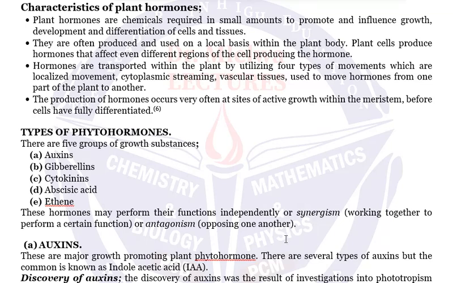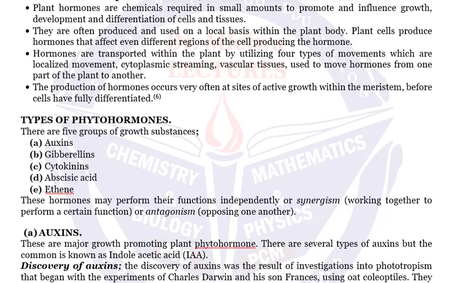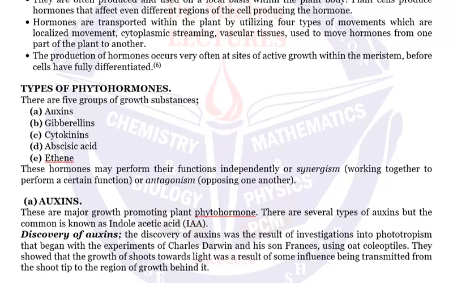Also, in the case of abscisic acid, it does antagonism to the effect of most of the hormones, and more especially auxin, gibberellins and cytokinins. Abscisic acid tends to inhibit the processes which are stimulated by these hormones, and in that way, abscisic acid's working mechanism is more of antagonism as compared to the working mechanism of other hormones.